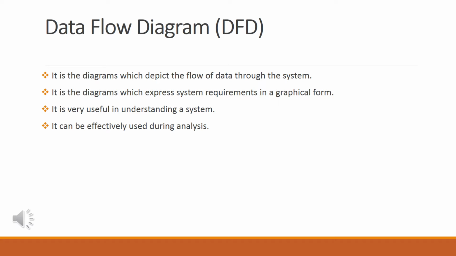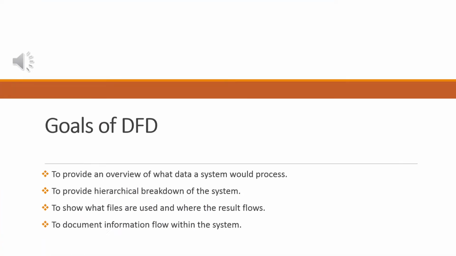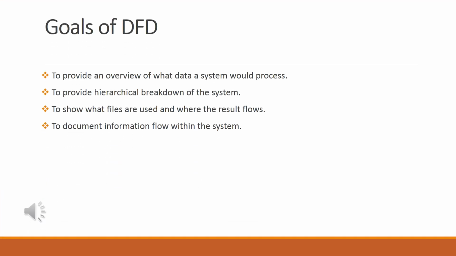And the system can be any company or any organization, and this DFD represents all the processes and all the operations that are going on inside a system, how the input the user is providing is converted into a particular output, and how all the things are going inside that system. So all these things that are represented inside the system are depicted by the DFD, that is data flow diagram.